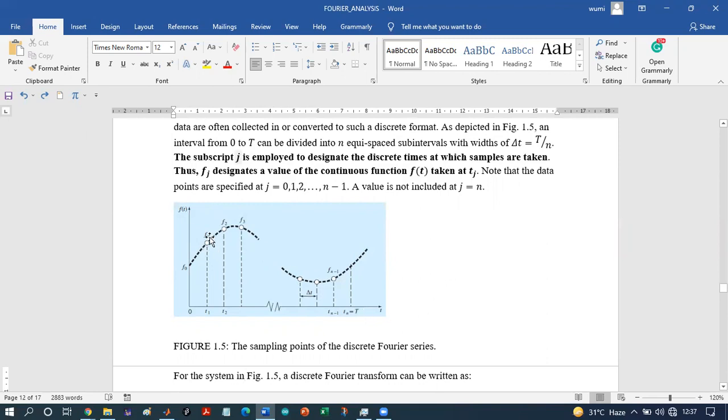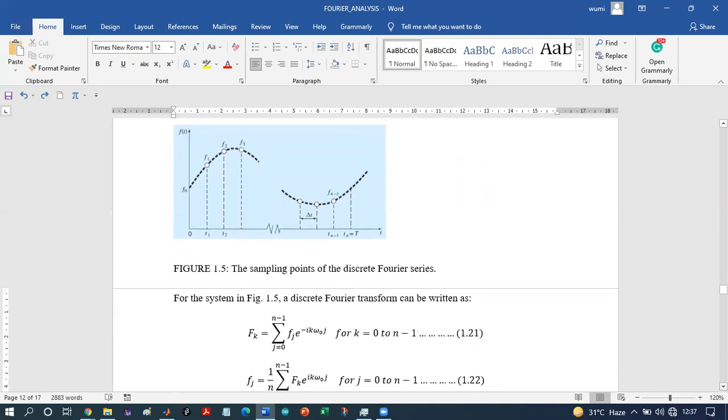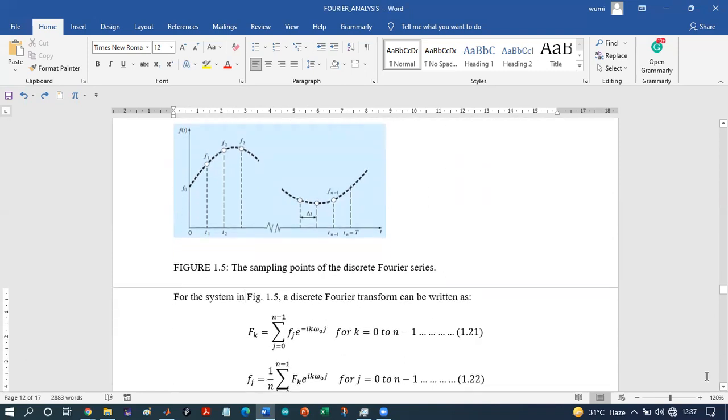So this division, F1, F2, F3, and so on. This is the signal in general, but we are dividing it into different chunks. Then we'll find the Fourier transform at that particular